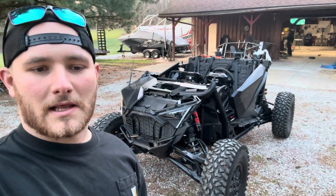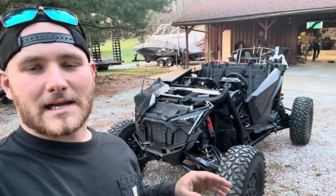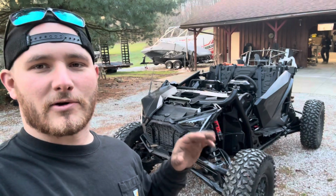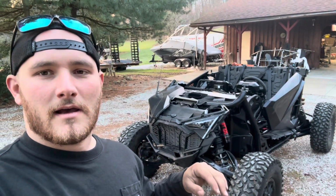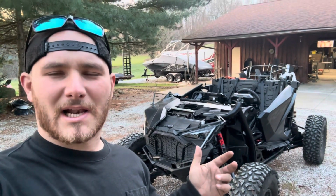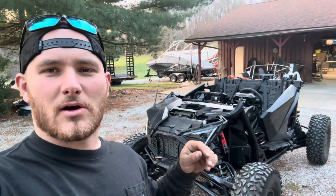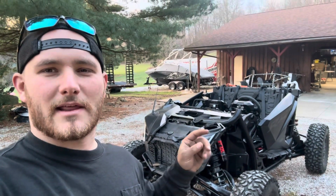Tomorrow morning, I'm gonna get a little bit of footage for you guys. I'm gonna go take that thing down to powder coat. We're gonna sandblast and powder coat the cage, front bumper, roof, and all that stuff. Then we'll be back here probably Monday night. It's Thursday right now, but we got a holiday weekend, so we're gonna slap this thing back together with the